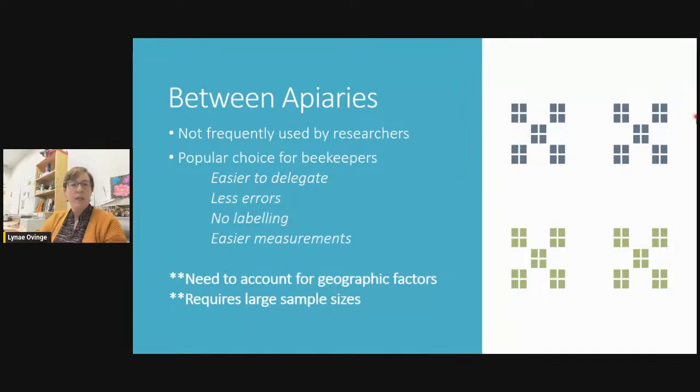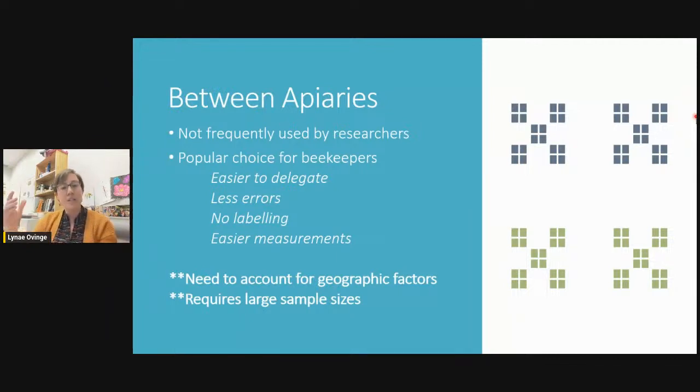yard if you'd like. But one thing I got to say is you really have to account for the geographic factors, which might be obvious, but I want to say this. So you cannot compare your 20 yards west of the highway with your 20 yards that are treated with something different east of the highway. You need to intersperse the treatments and the controls throughout your area.